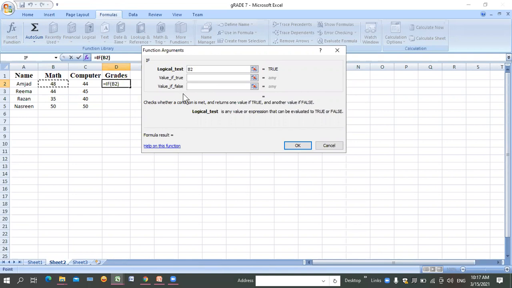We say if B2 plus, because we add the marks of maths and computer, right? So we add B2 and C2. Here we apply the addition formula and we apply the if condition also. We do the sum first. What is the sum of maths and computer? If B2 plus C2, these two cells, is greater than, let's suppose it is out of